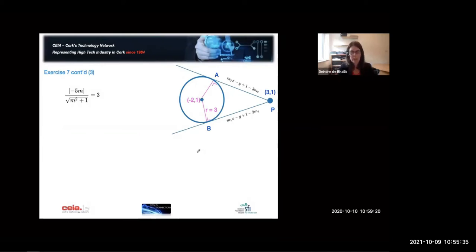Now, an important thing I want to point out here is dealing with modulus and dealing with an unknown inside the modulus. So what we have here is we have to square both sides, because if you have the modulus of x is equal to 5, you don't know what x is. x could have been 5 or it could have been minus 5. So there are two options for x. And the easiest way to deal with that is simply to square both sides,